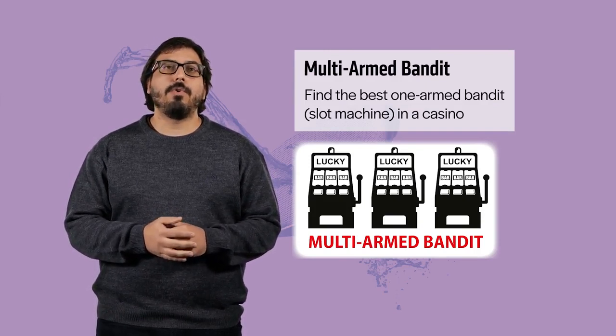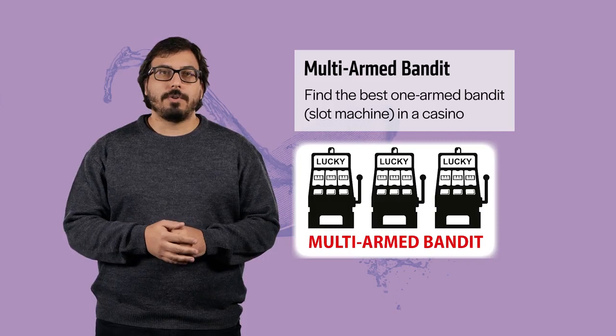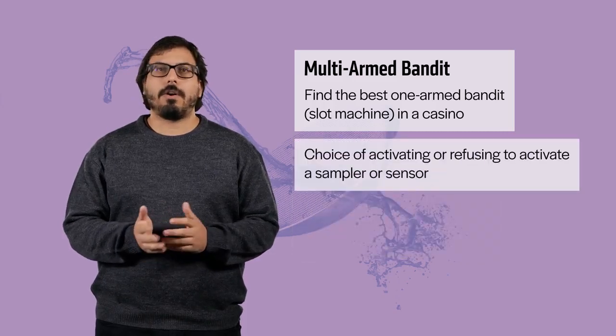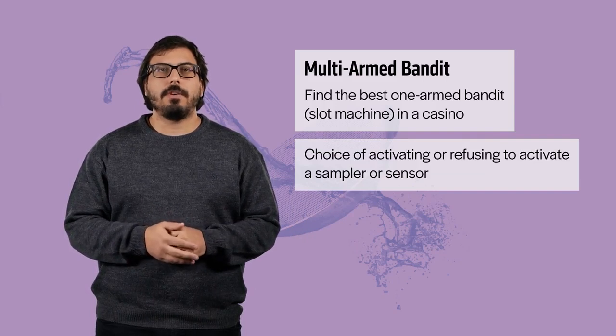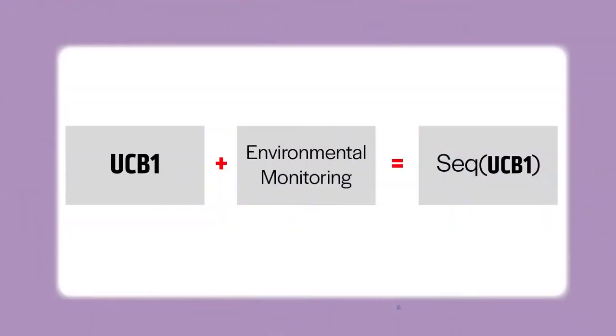Instead, in the framework of water monitoring, the available options are the choice of activating or refusing to activate a sampler sensor at a specific time over the day. In the last year, we worked on the development of an algorithm that was specific for the environmental monitoring setting. This algorithm builds on the classical UCB1 algorithm to extend it for the more complex sequential monitoring